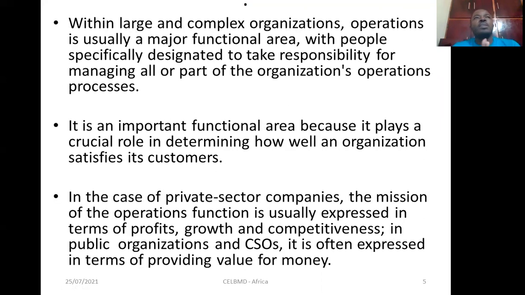So now within very large organizations, and we're looking at giant corporations or multinationals in most cases, there are usually people that are assigned core responsibility to organize or to coordinate the company's operations or the organization's operations. The portfolio for operations management is handed to them, and they are referred to as operations staff.